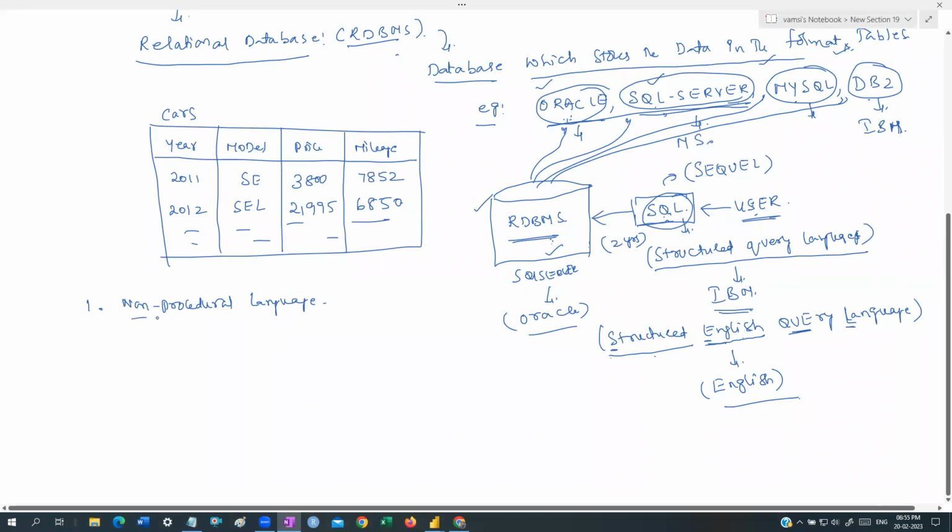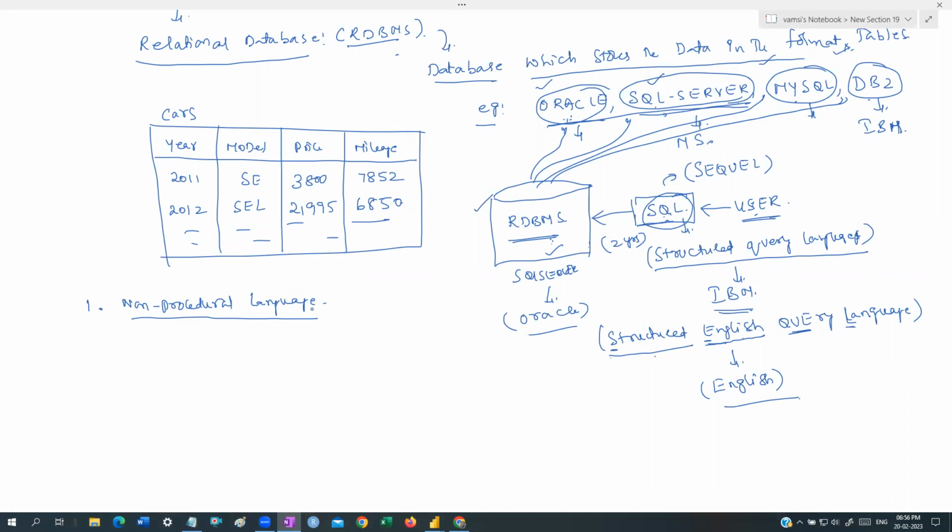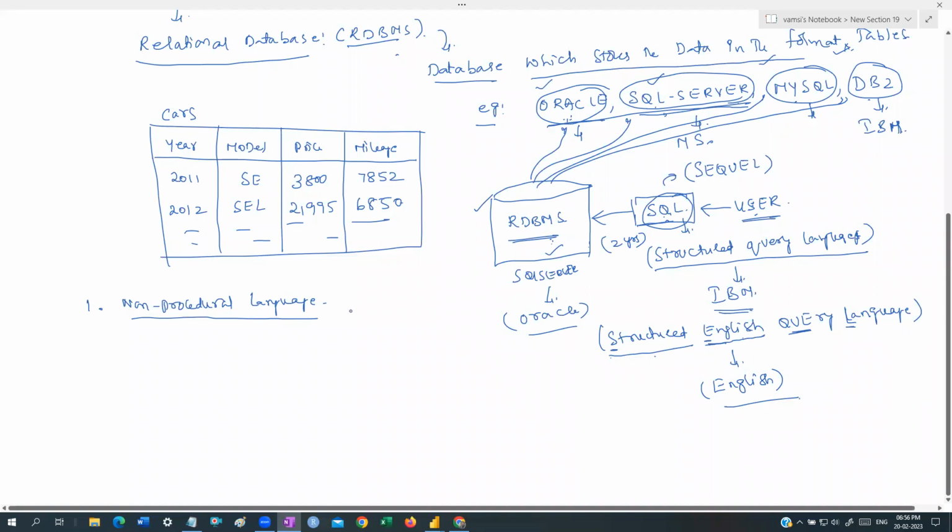Yes, it is a non-procedural language, guys. What do you mean by non-procedural language? You know that in real applications, programming languages are of two types, procedural and non-procedural. An example of a procedural language is C language, the best example. We know that. How do you write it, guys? We write a main program. After that, we write some declarations, like a small procedure.